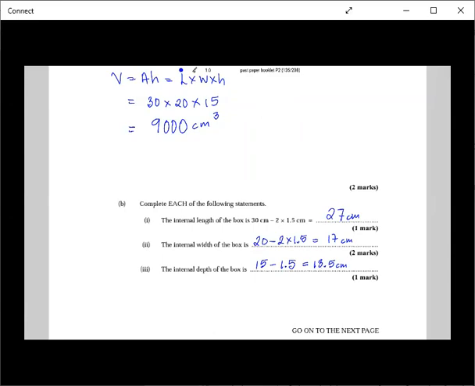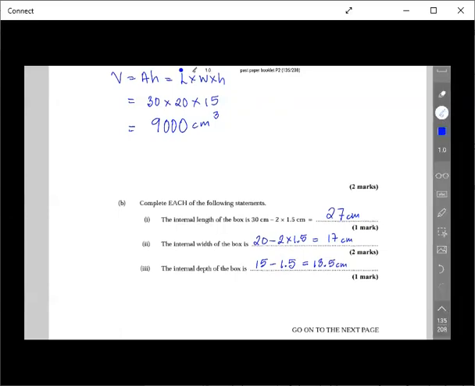So the only thickness difference between the external and the internal height is 1.5 centimeters. So the internal depth is 13.5 centimeters. All right, so take a note of those dimensions, 27 by 17 by